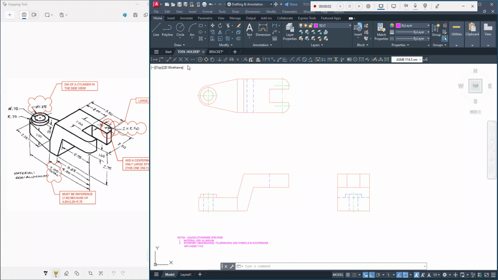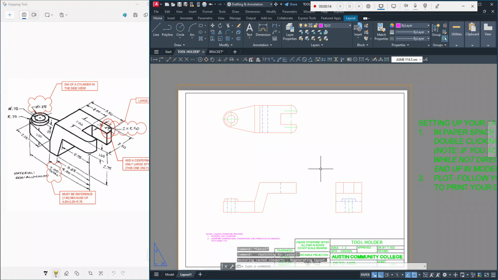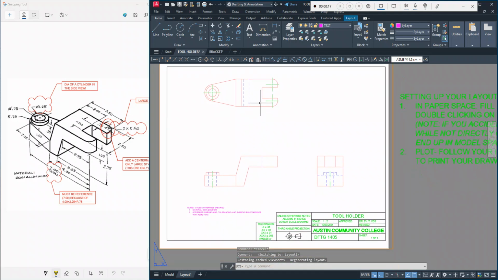All right, so next we're jumping into the tool holder. Open up your tool holder file from your Google Drive. And we want to take a look and see where the placement of our views are. You want to make sure that when you click in your model space through your paper space,